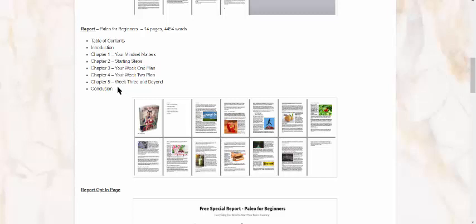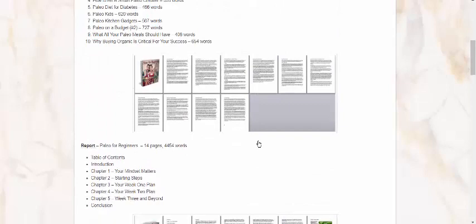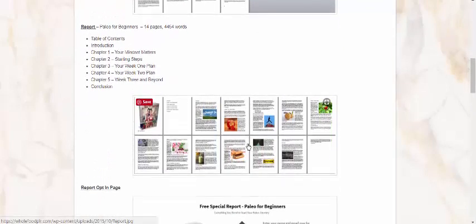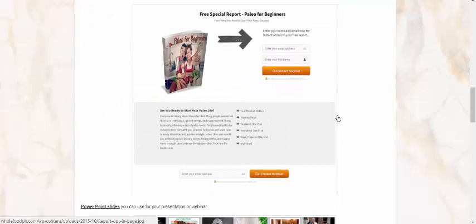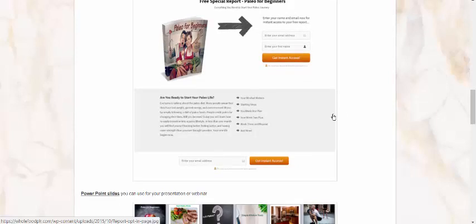But anyway, I will be patchworking this to showcase more of the meal aspect and the planning aspect. I don't really remember all the things that are in this report, but I don't think it's got much that's specific to the meals themselves. So I'm going to make sure that we cover that. And because I'm using the articles and just throwing them in there, I'm not taking a lot of time to make this product. I've also got here my opt-in page, and as we talked about, I'm going to change this